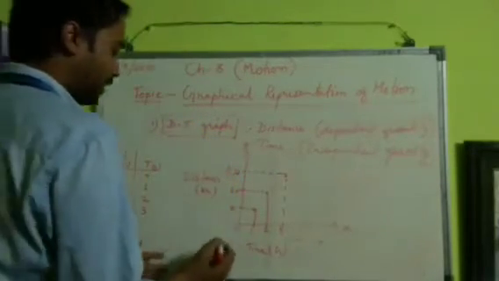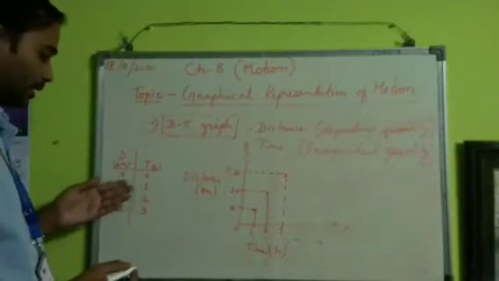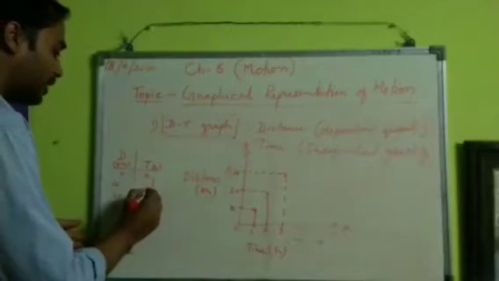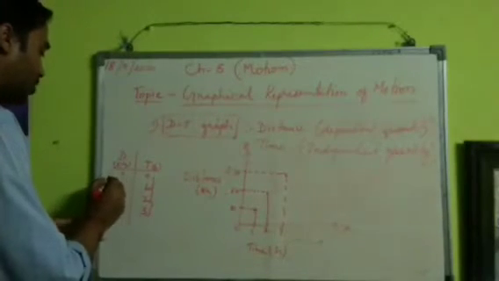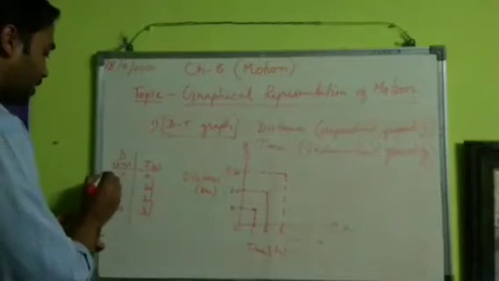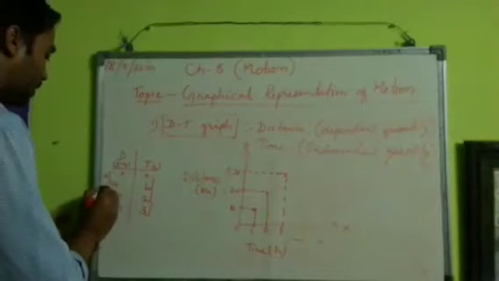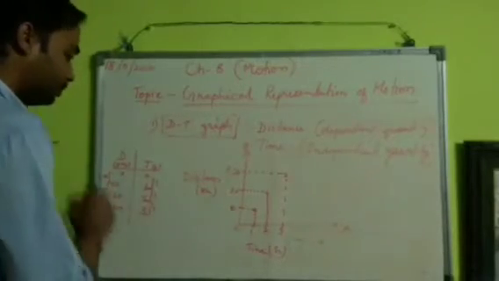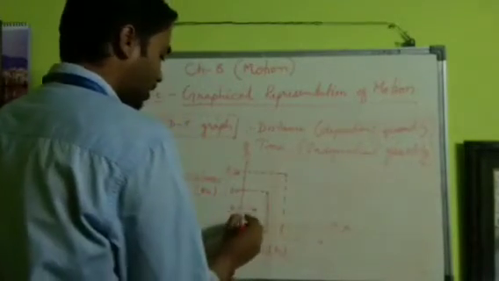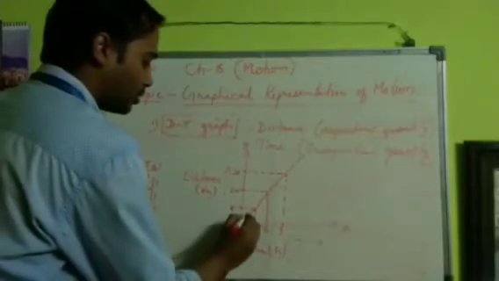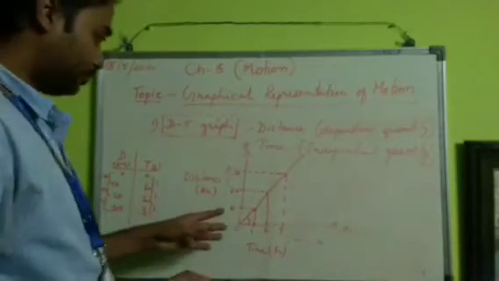So here we notice that the distance cover is equal with respect to the time interval. That means in equal interval of time, the distance covered is also what? Equal. And in this case, for every 1 hour, what is the distance covered? It is 10 kilometers. Or what is the interval here? 1 hour each. So these points, if we join them, it forms a straight line making an acute angle with the x-axis. So this is what? Distance time graph for